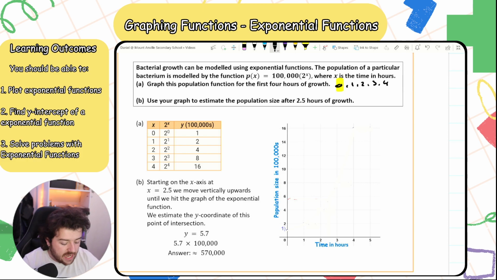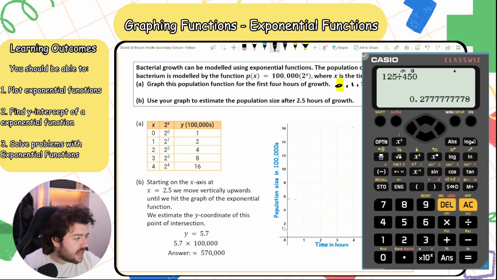Now, I already have my table done here. What I did here was we simplified it down to hundreds of thousands. So, this 1, 2, 4, 8, 16 means 100,000, 200,000, 400,000, 800,000, 1,600,000, right? But if you want to actually get the points yourself without having to do all the hard math,